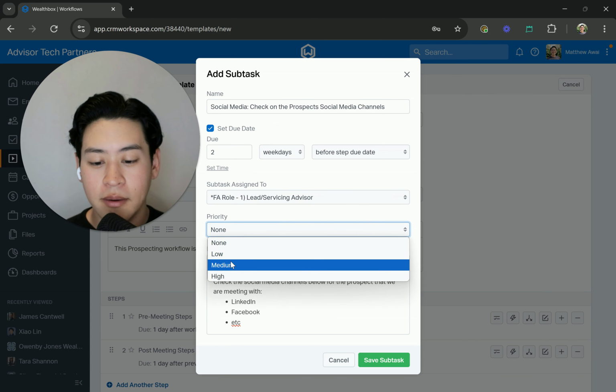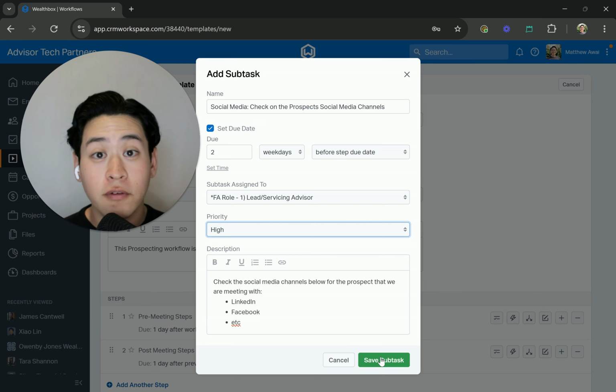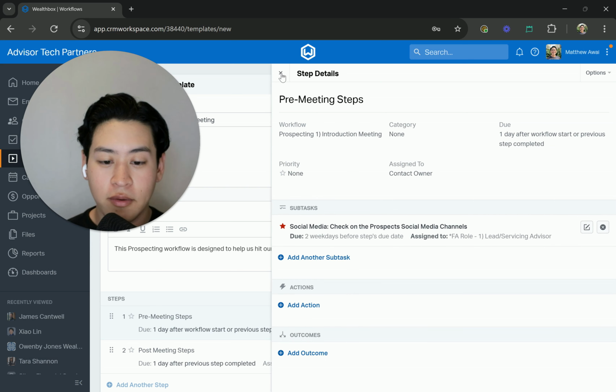And then lastly, I'll go ahead and put a priority on this. So let's say this is pretty important. It's a pre-step before a first interaction, first meeting with a prospect, so I'll make that a high priority. So I will now save that step, and now you can see